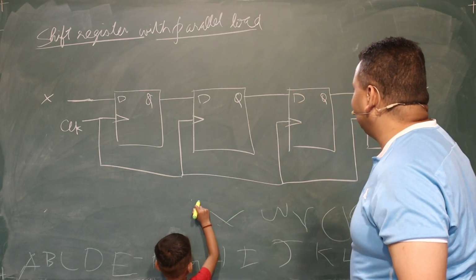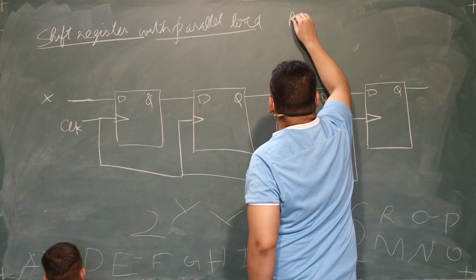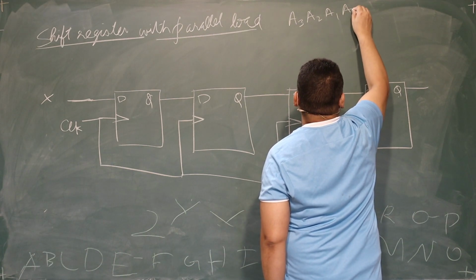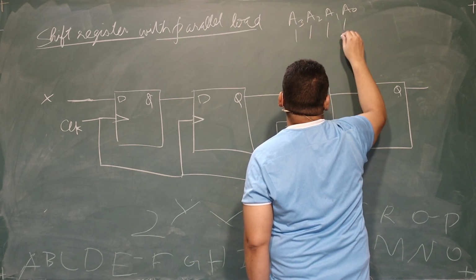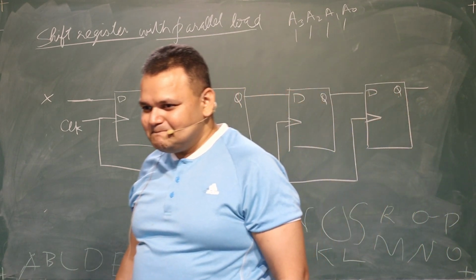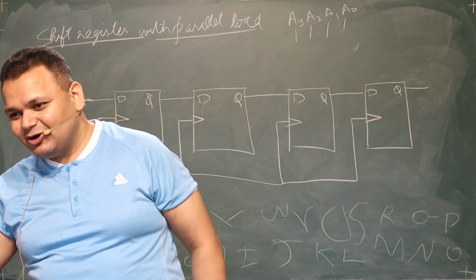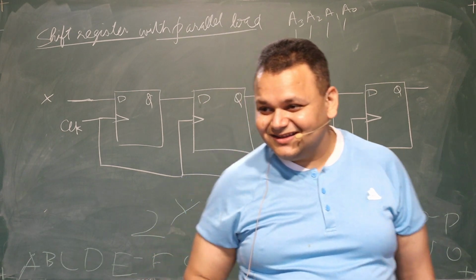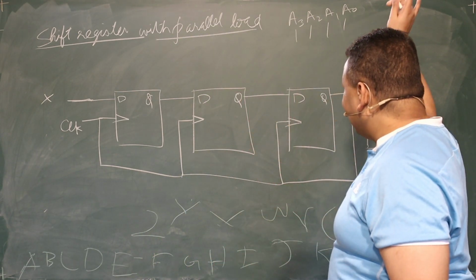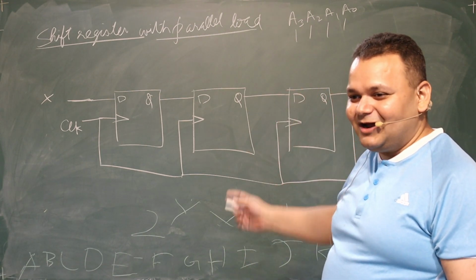I have 4 bits of data. Let us call them A3, A2, A1, A0. These 4 lines are available to you, and I want to write that data directly onto these flip-flops in one cycle. Now we don't have to wait. Please break any wires you want and accomplish this.